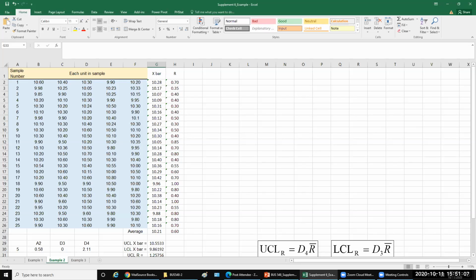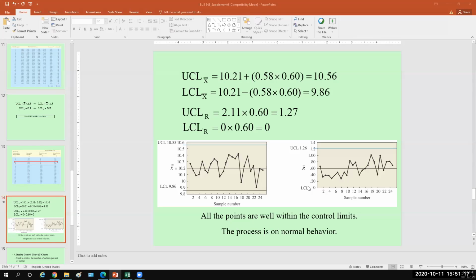I will show the developed chart. So we need upper control limit, lower control limit, and mean, and then each sample's X bar, and then upper, lower, mean, and each sample's R, the range. So we need here